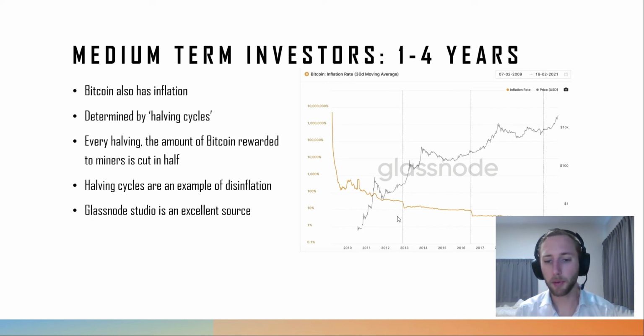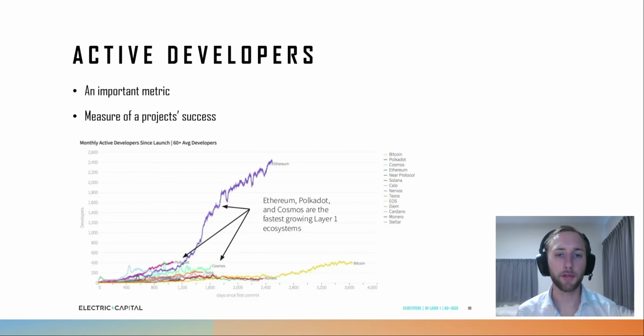For example, most of the time, about 2 years after the halving cycle, there's a retraction. We've just had a halving cycle, so we can expect that maybe by 2022, maybe 2023, for a medium-term investor, you can find a very good buying opportunity. Now, as a medium-term investor, it can be interesting to look outside of the parameters of Bitcoin and